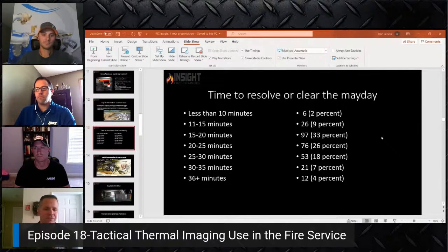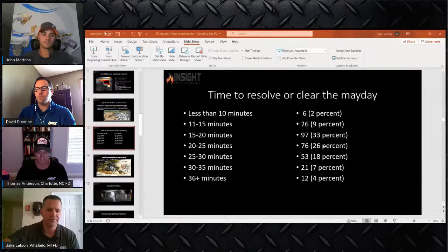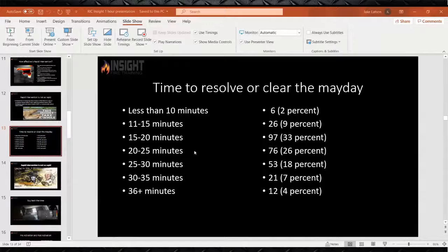So these are just some times to resolve or clear the Mayday that he has. You guys can look over and see them, but the ones I want you to pay attention to are the 33%, 26, and 18. If you add all those up, that's almost 80% of the incidents going from 15 minutes to 30 minutes. And from the outside looking in, it doesn't seem like that long of a time, but the issue is